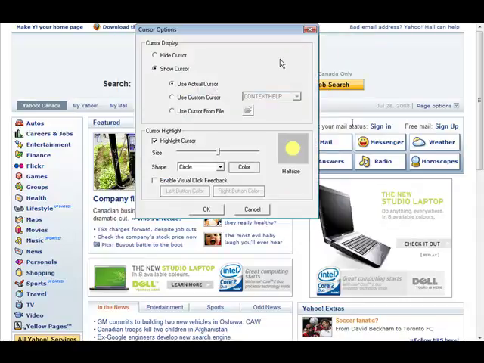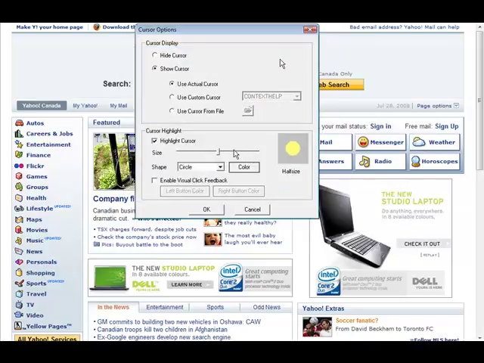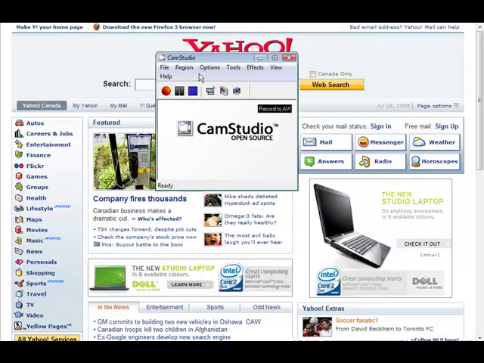Next, cursor options. In here you can either hide your cursor during your recording, or you can show your cursor, you can set the size of the cursor, and you can set the style of your cursor over here. So you can give it a shape if you want, like so, and then it'll show up a little easier if you want to use this, and then of course you can set the color in here. If you don't want to use that, just turn off the highlight. Okay. And once we're done there,